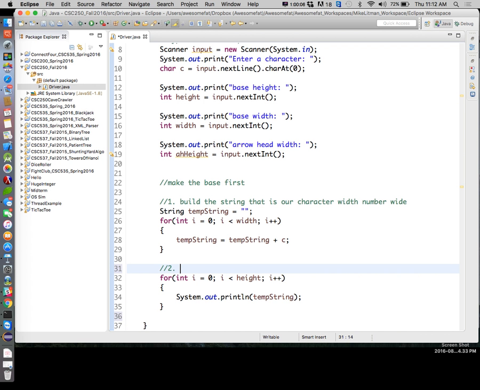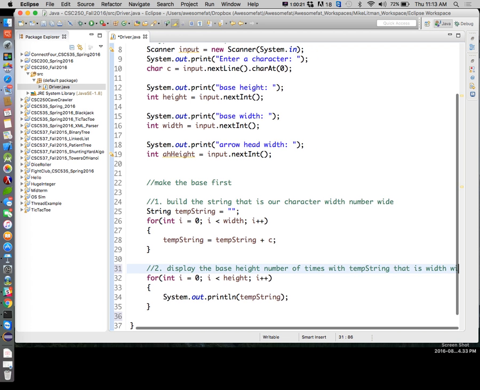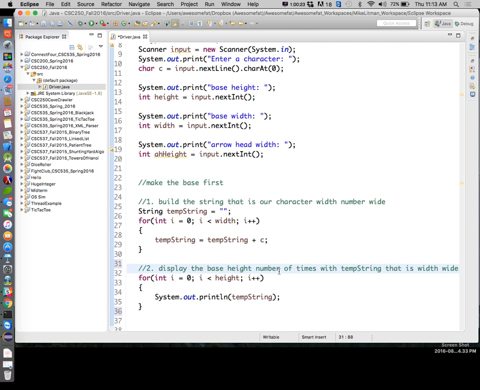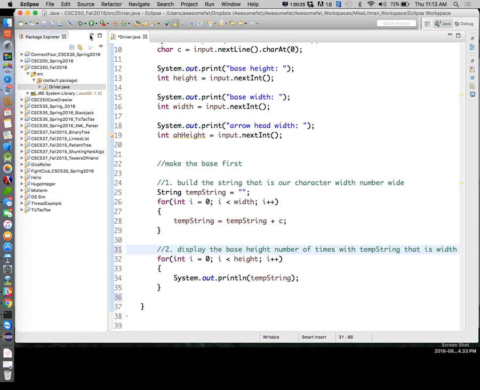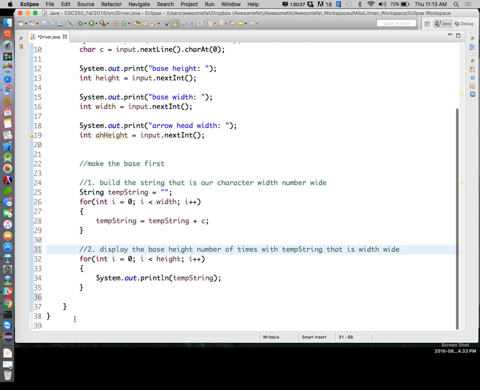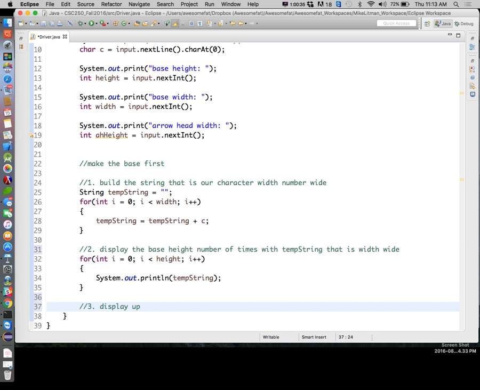Step 2 here was display the base height number of times with temp string that is width. Something like that. Okay, step 3. Now I want to display